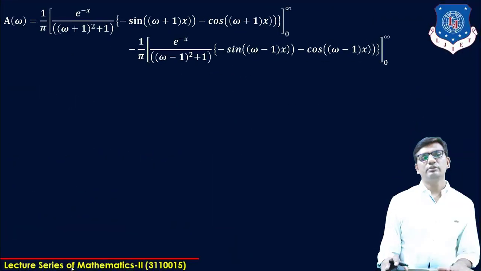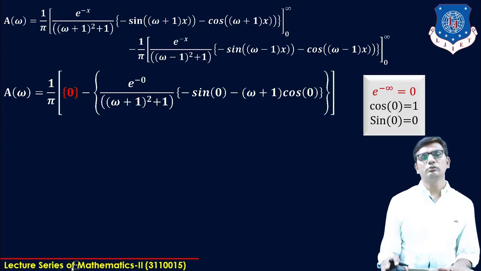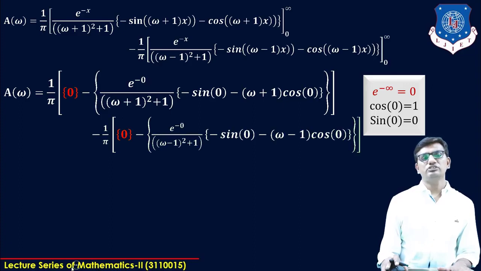Now we will put this limit in this integration. Then we get a omega equal to 1 upon pi [0 in minus e raised to 0 upon omega plus 1 whole square plus 1] into minus sine 0 minus omega plus 1 cos 0, and minus 1 upon pi into [0 minus e raised to 0 upon omega minus 1 whole square plus 1] into sine 0 minus omega minus 1 cos 0. As we know that e raised to minus infinity is 0, then our upper limit is